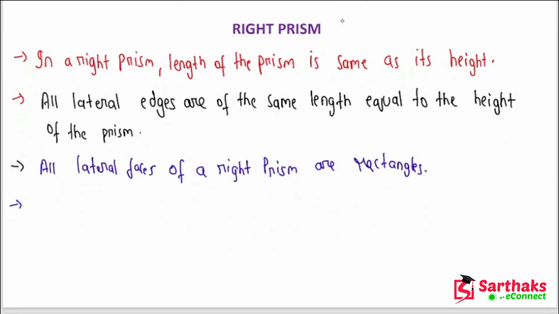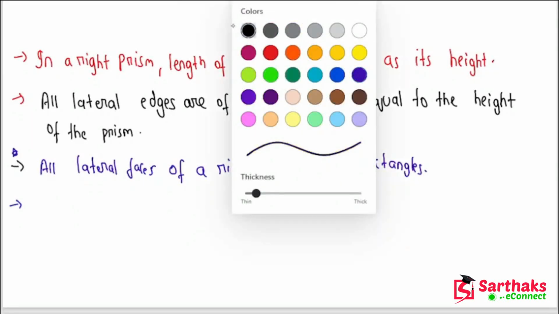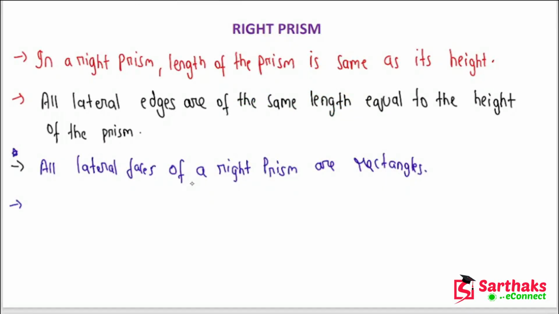So this particular property, that they all are rectangles, is very important. It is used many times in questions based on right prisms. The lateral faces of a right prism being rectangles is a property of very much importance. Also, one more thing that is very important from the question point of view is